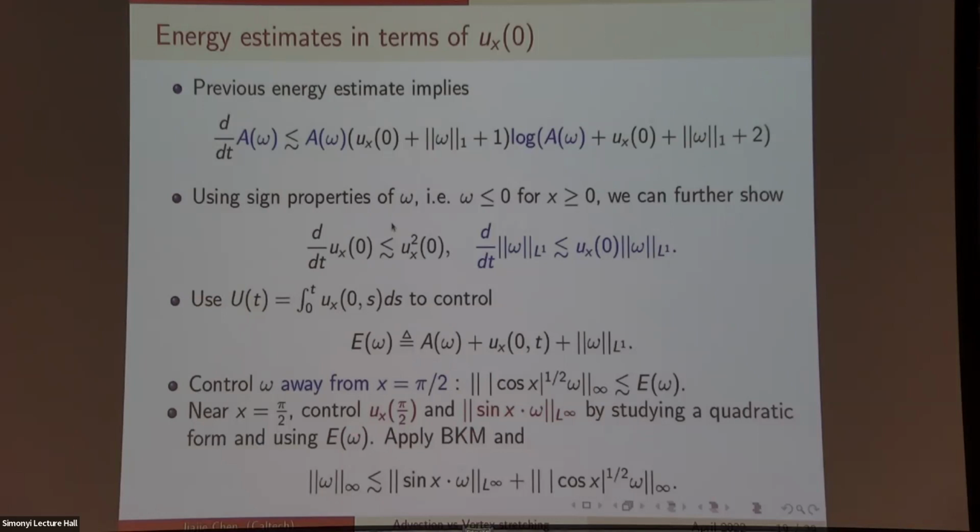But now, once we have control of the vorticity near zero and near pi over 2, these two special points, we will control the vorticity. So by the Majda Bloch criteria, we can control the solution for all time, as long as this part is bounded. So this is the proof of this one-point Bloch criteria. It used quite a lot of special structure of this model so that we can use only one point to control the evolution. This is possible because this model has very special structure.